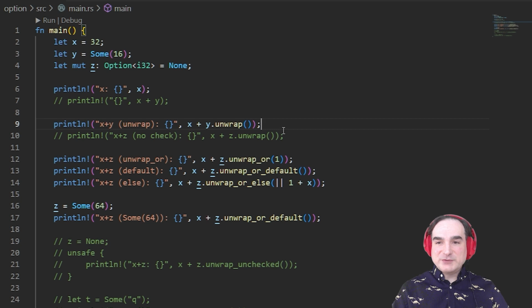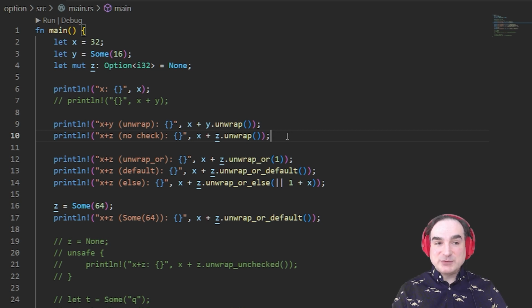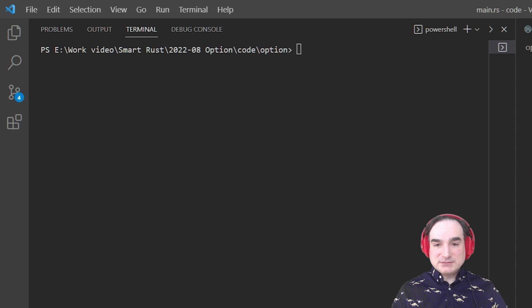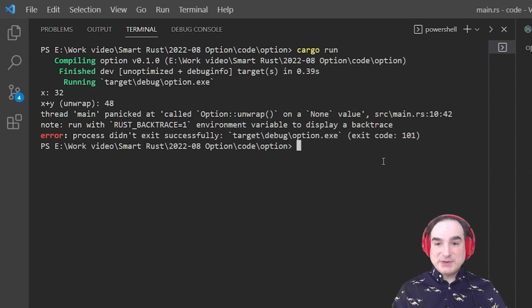Now, that seems straightforward enough, but here's a subtle little issue. One of the things option is supposed to give us is the ability to work elegantly and safely with values that might not exist. So if we just do unwrap on a None value, what's going to happen here? In this print statement, we're trying to do just that. We're taking z, which has been set to None at this point, and we're trying to add the unwrapped value to x. And this doesn't get flagged at compile time, because z could be an integer. So if we uncomment this and run this code, the program will crash. We can't add None to an integer.